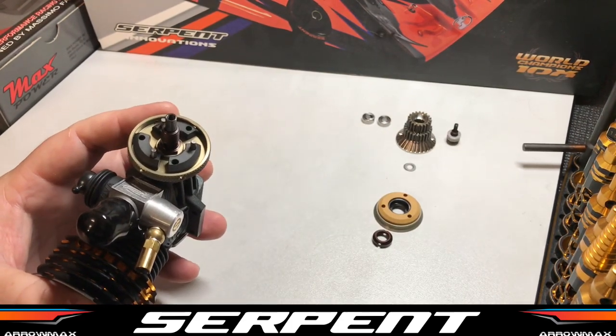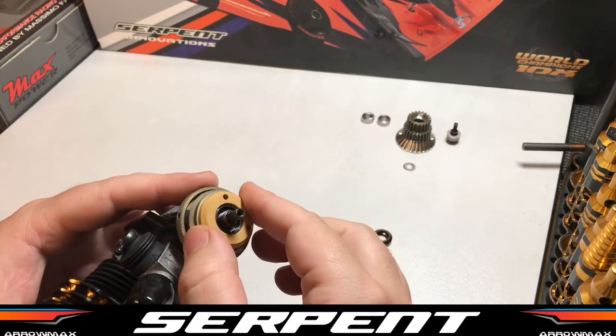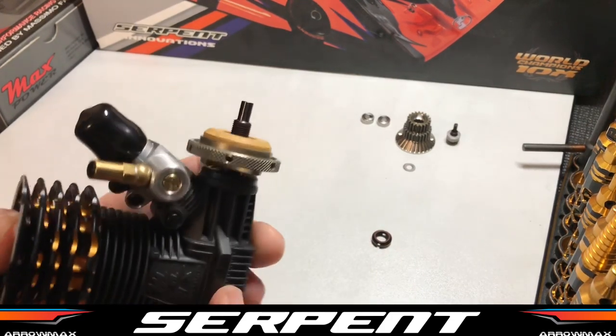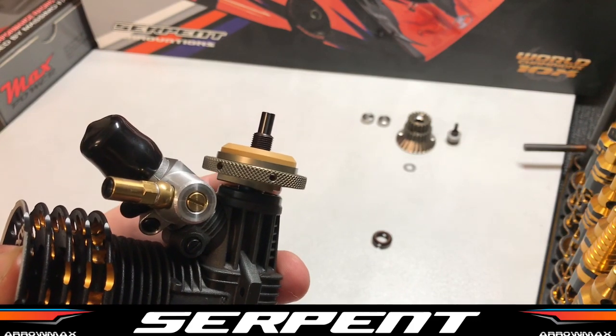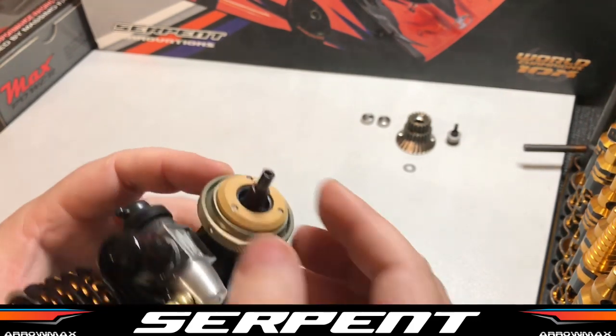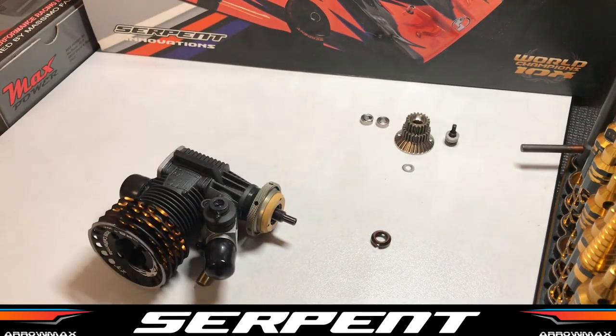Step 3, we're going to put our pressure plate assembly with our clutch shoe and spring retainer on. One thing to make sure is that your shoe is sitting square against the pressure plate and that everything moves freely. From here we're just going to clean up our metal components, a bit of brake clean on a rag,